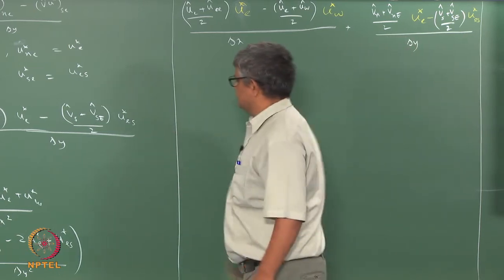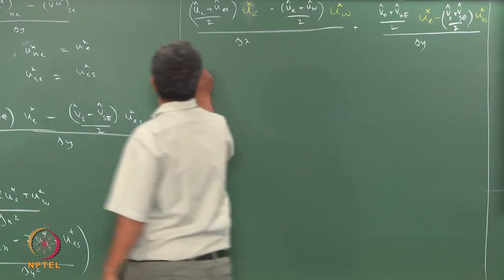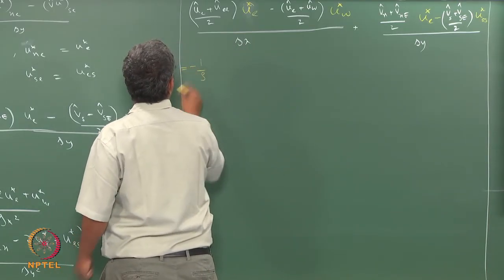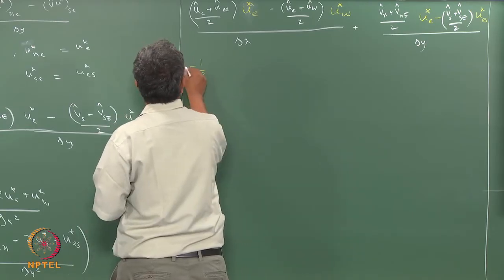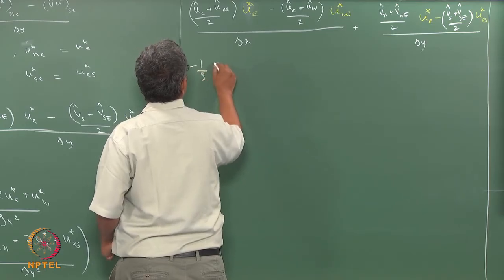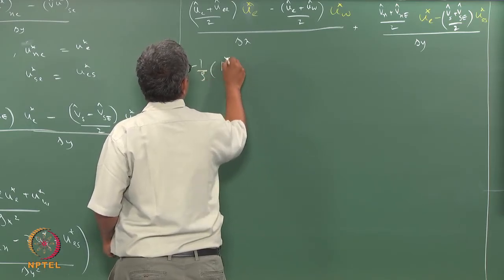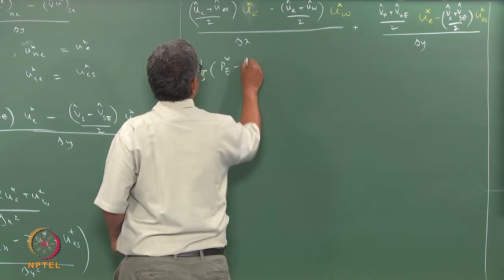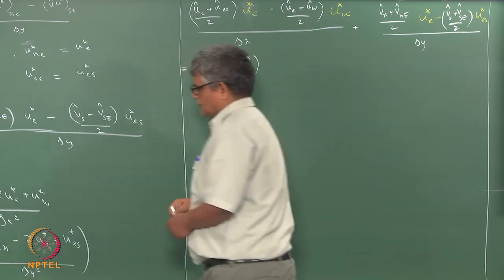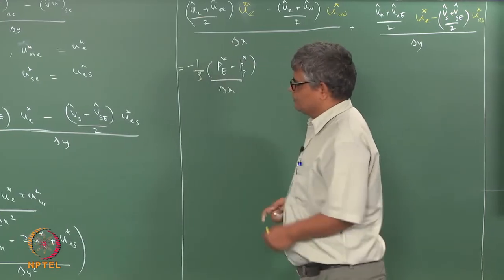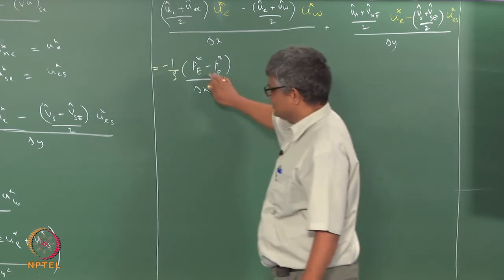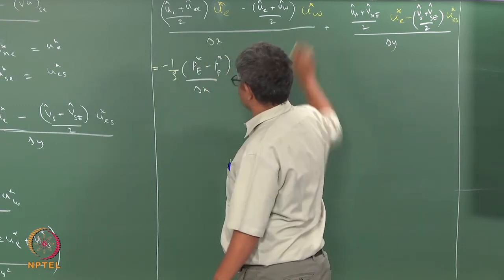Okay, so you have this u star minus this whole thing is equal to minus 1 by rho, here p is a variable coming from some other equation. So this is assumed to be known when we are solving this equation,